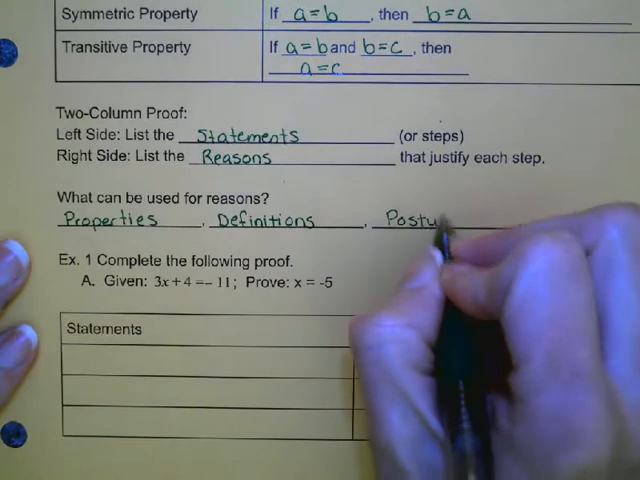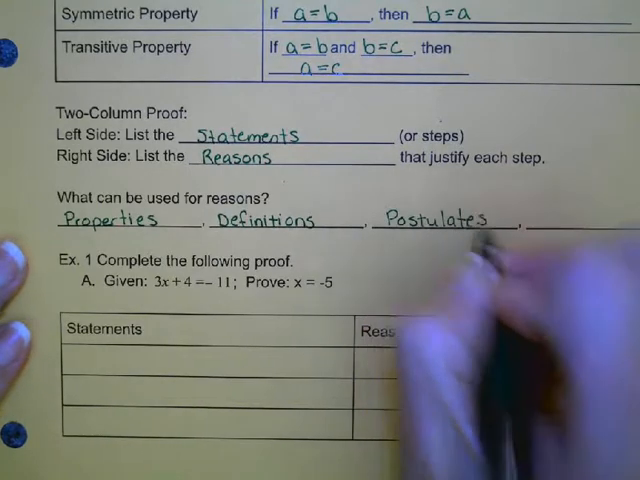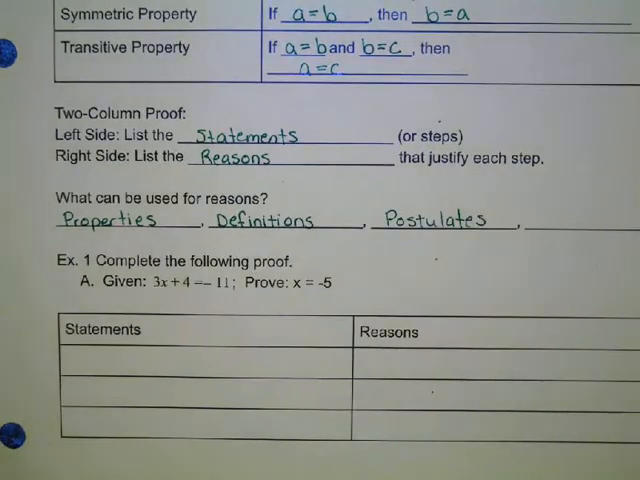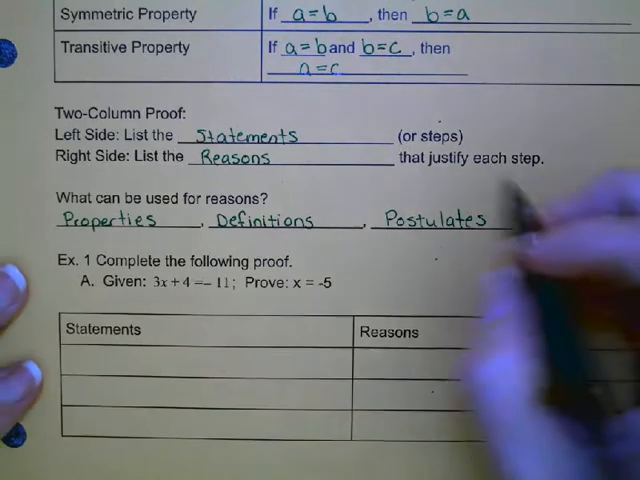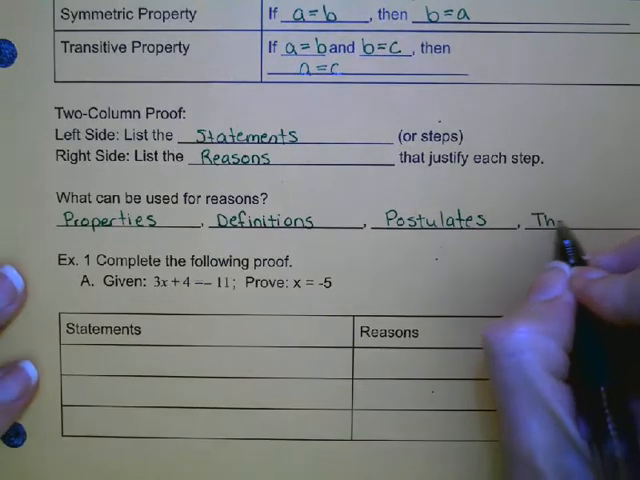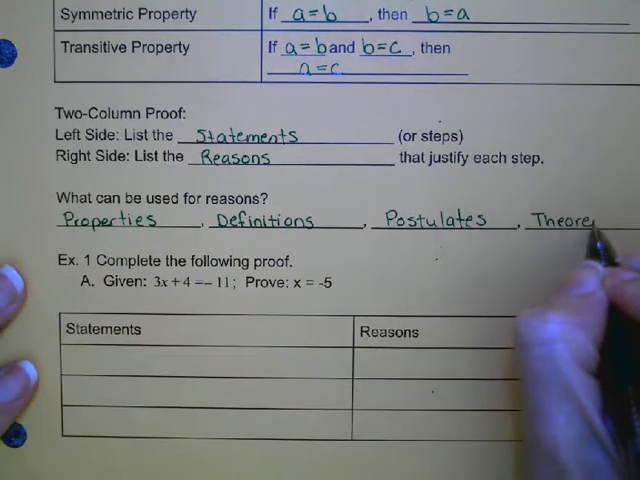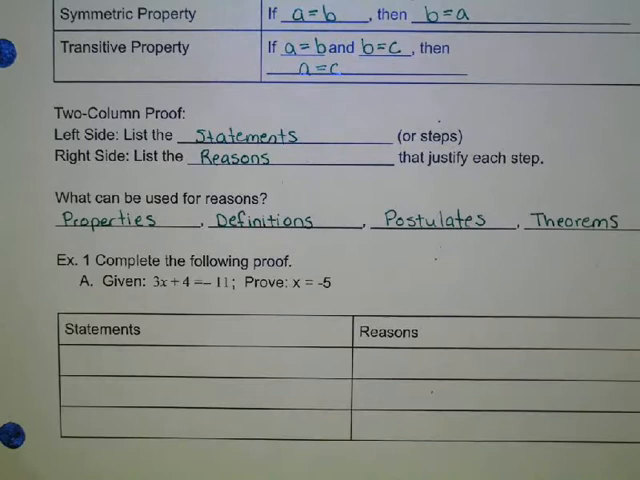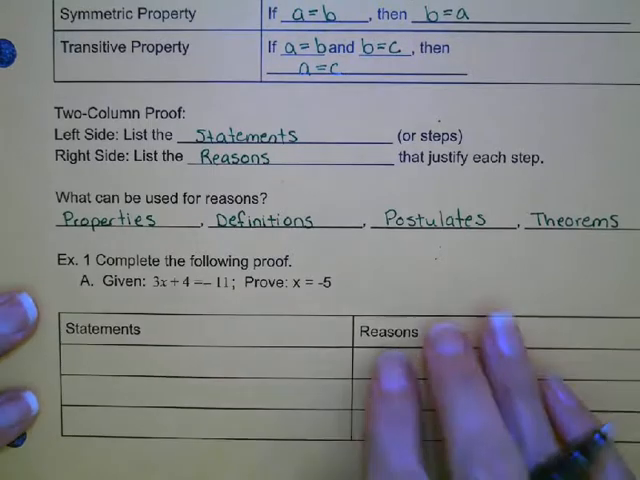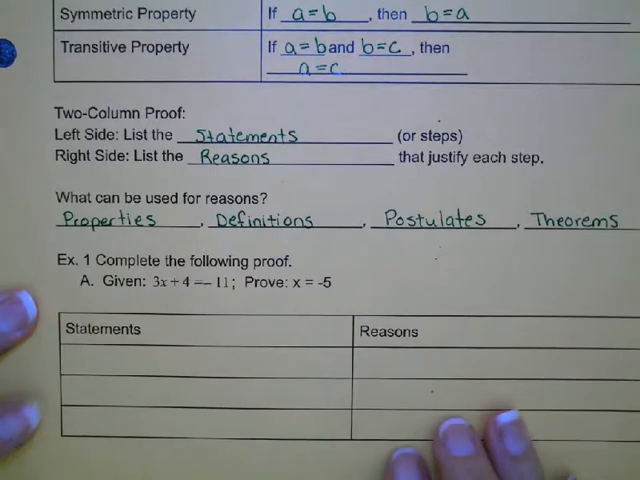Postulate. Some postulates we've talked about are segment addition postulate or angle addition postulate. And then any theorems. I'm trying to think. One, obviously, that stood out that you might have heard from middle school was Pythagorean theorem, that a squared plus b squared equals c squared. There are other theorems that we'll get to, but these are just kind of what will go on the reasons side